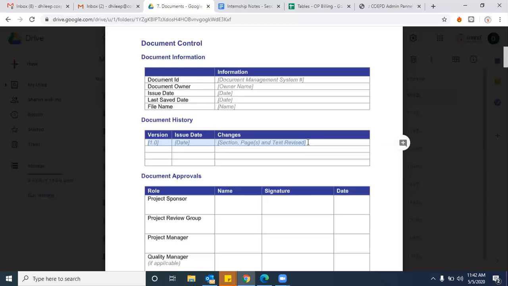For example, let me consider a fair example for our understanding. So far we are working on the OP billing management system, right? Outpatient billing management system, right or wrong? Yes. So now if you are working on this OP billing, that is version 1. In this OP billing, the client may suggest multiple improvements. Do you really think in the first version only the client will give approval? No. It never happened. That's the reason I'm telling a minimum of 5 different